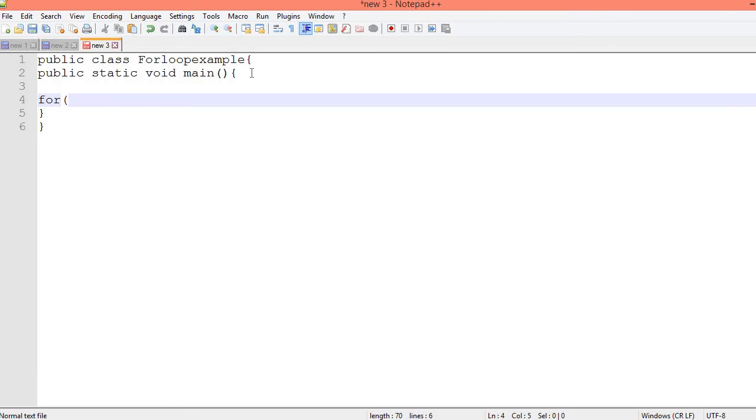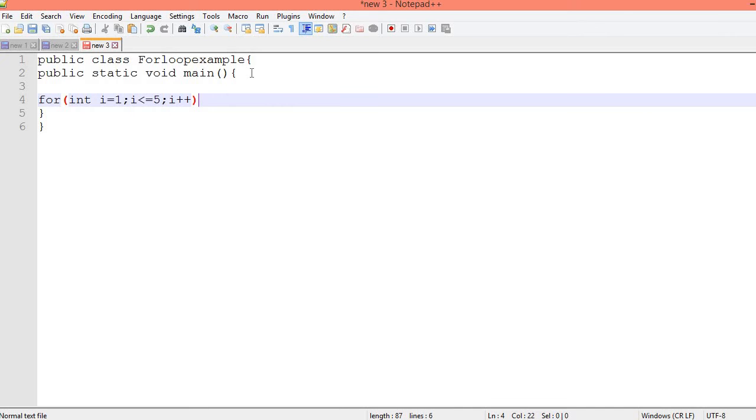Inside it I will do initialization. Initialization is like, suppose I am taking one integer, so int i equal to 1. Okay, then I will write one condition, i less than or equal to 5. Then next is i++.